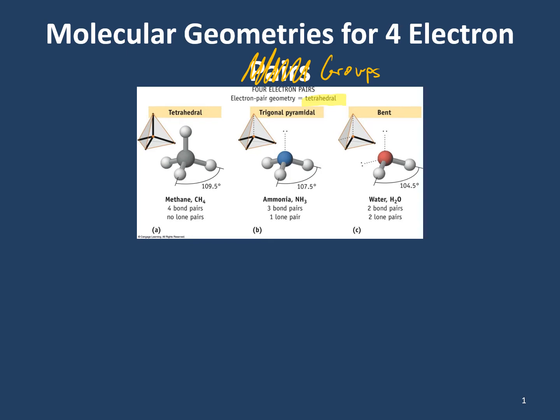tetrahedral. And so tetrahedrals are where we have a total of four groups around the central atom. Now we have three different molecular geometries that are possible when you have an electron group geometry of tetrahedral. Now the first one, like we discussed in the last lecture video, is where all four groups are bonding groups. Now in this scenario, like in the last ones, the electron group geometry and the molecular geometry are going to be the same. So if we look at an example, like CF4, when we draw its Lewis structure, which looks like this,